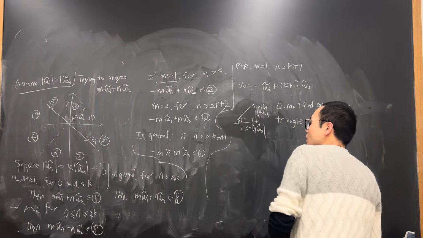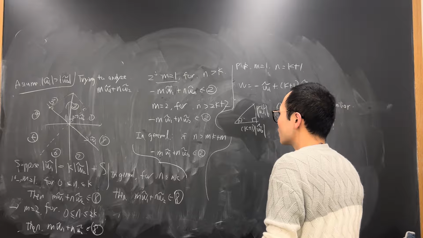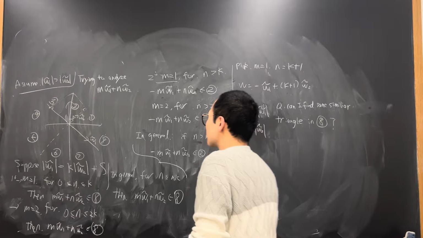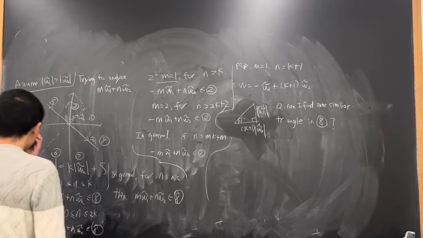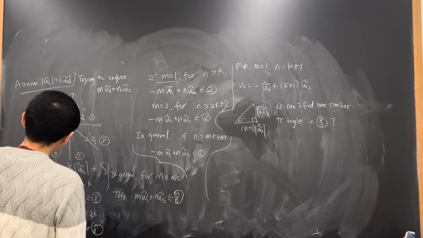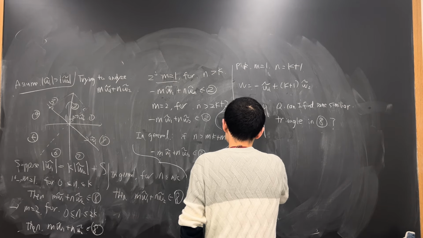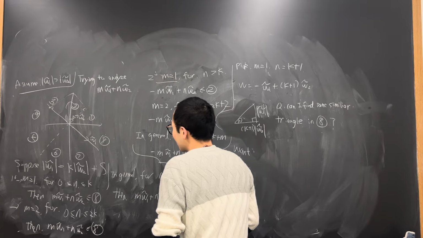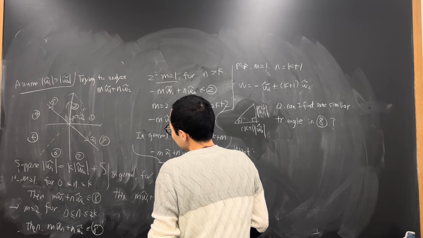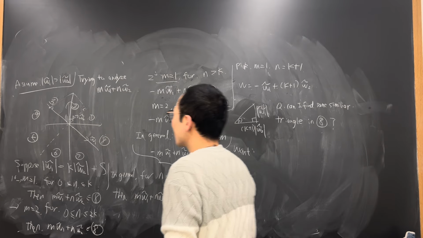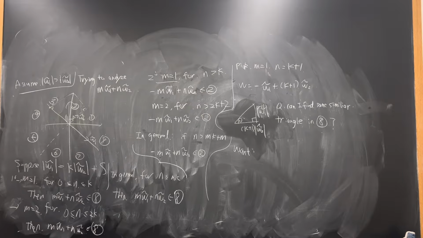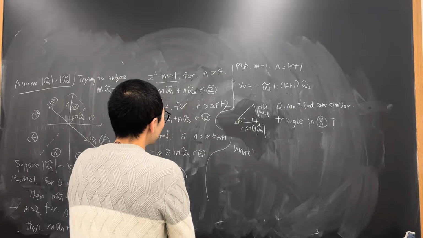Can I find some similar triangles in region 8? Namely, I want something that's... I think you may not be able to find it, right? Yeah. So this omega 1 is